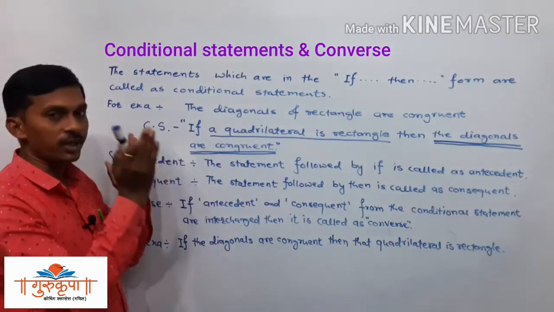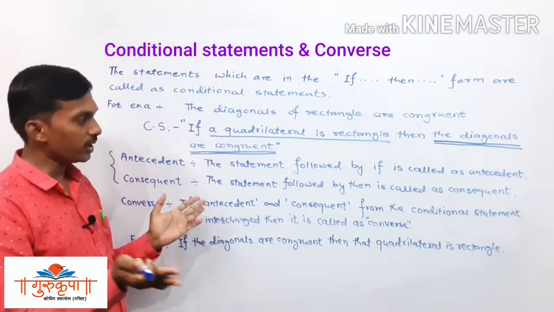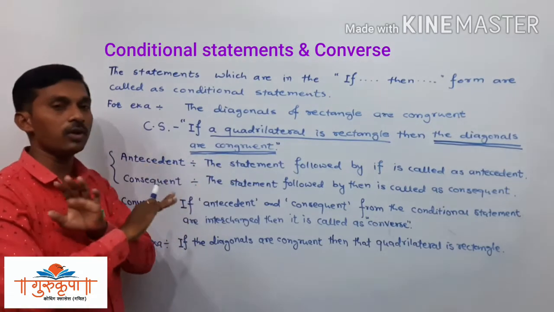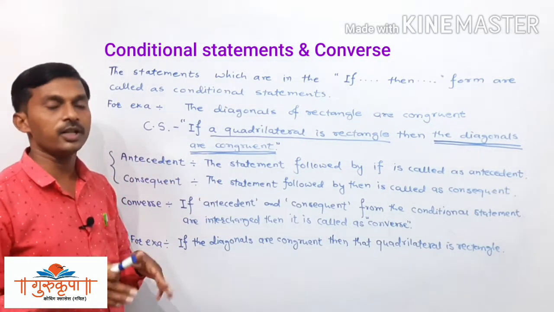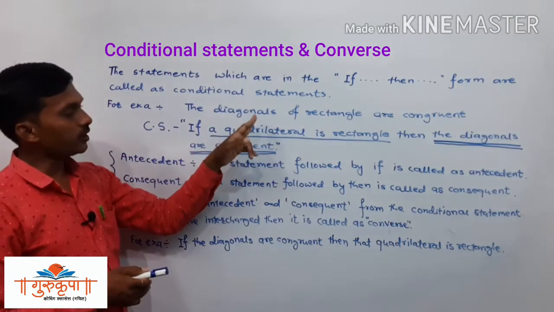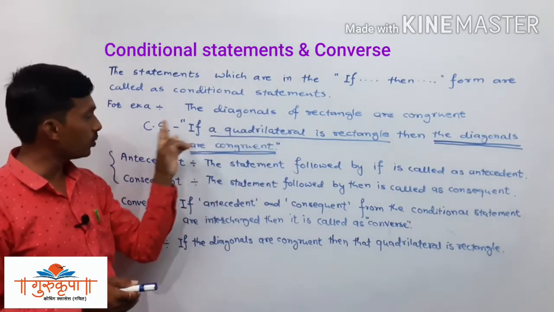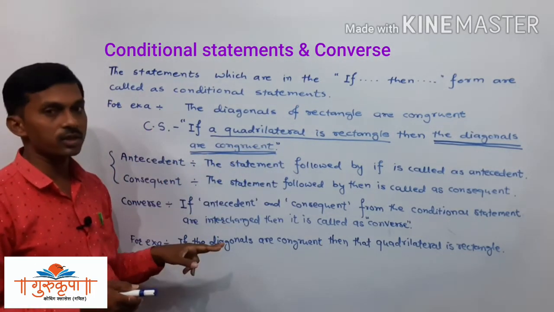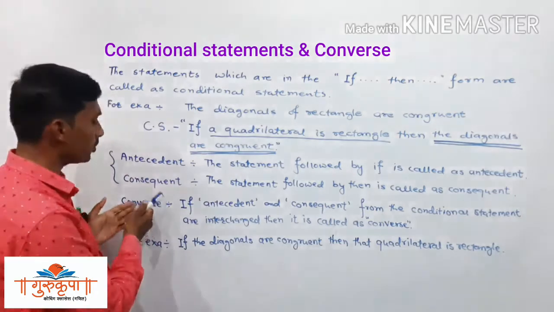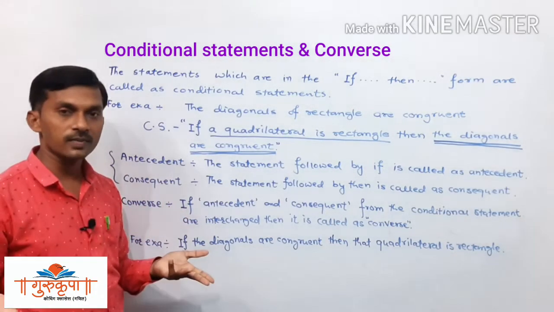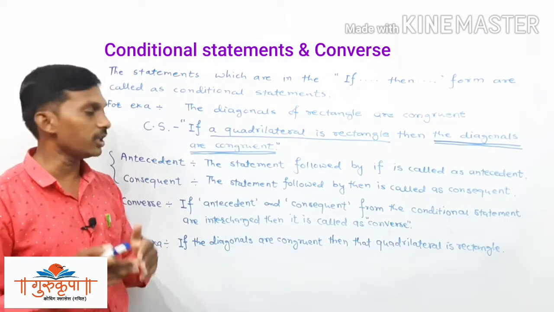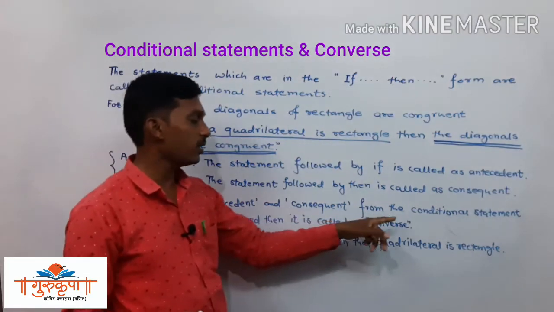Here we have less mathematics and more English. All the statements which we have to use here are mathematical statements; we have to use mathematical properties there. But how to convert the simple statement into the form if-then, and how to convert this conditional statement into the converse, all these things we have to remember carefully. And here we are studying the converse. What is the converse? If the antecedent and the consequent get interchanged, then that statement is called the converse.